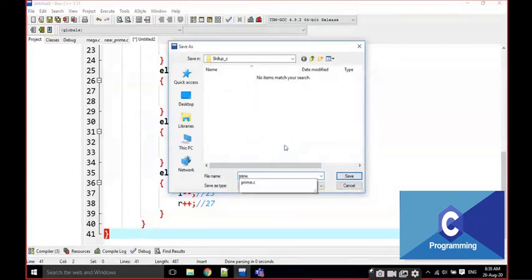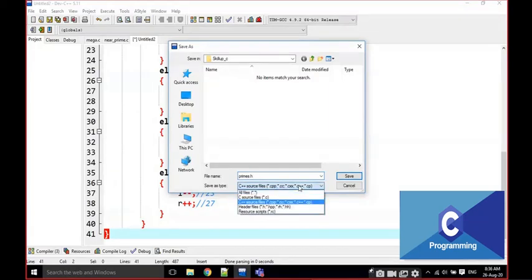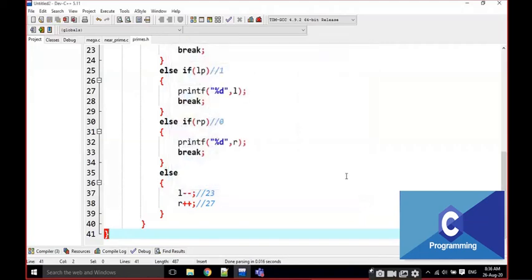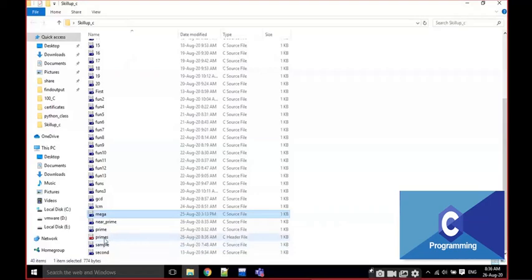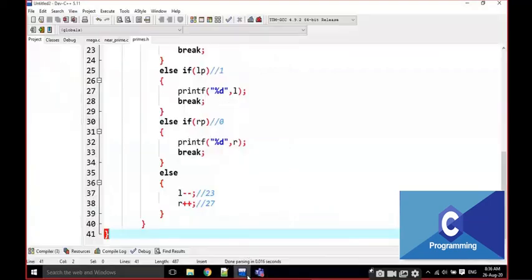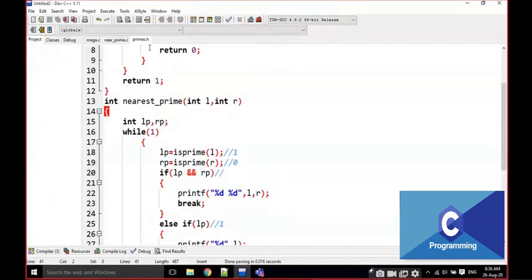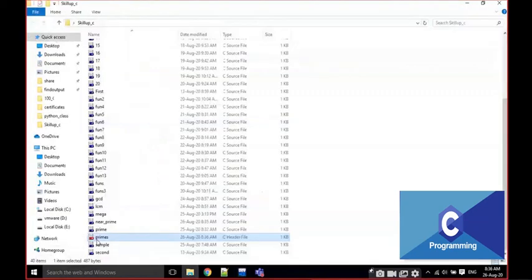Some primes. Just look at what I am saving here, in what variable, and how I am going to save this one. Just observe here, I am going to save it as primes.h file. Okay, .h file, not C file. Here it is in a red color and it is showing C header file, that is not a source file.